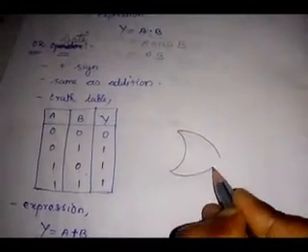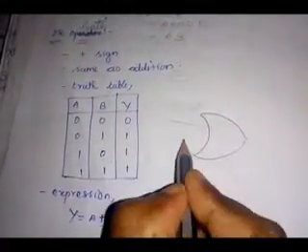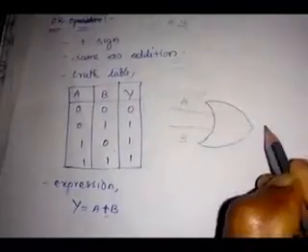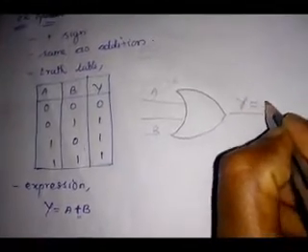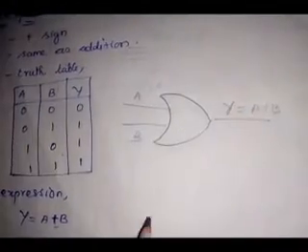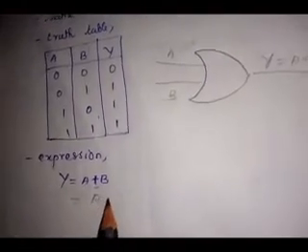Next gate is OR gate. It is the same as the OR operator. Already we studied. Then it uses the symbol with 3 arcs: first arc, then second arc, then third arc. Here this OR gate also contains 2 or more input signals, only one output signal. Here I am taking 2 input signals, A and B. Output signal is only one. So what output will we get? Y is equal to A plus B. Understand? This expression we can write as Y is equal to A plus B. Otherwise we can write A or B.